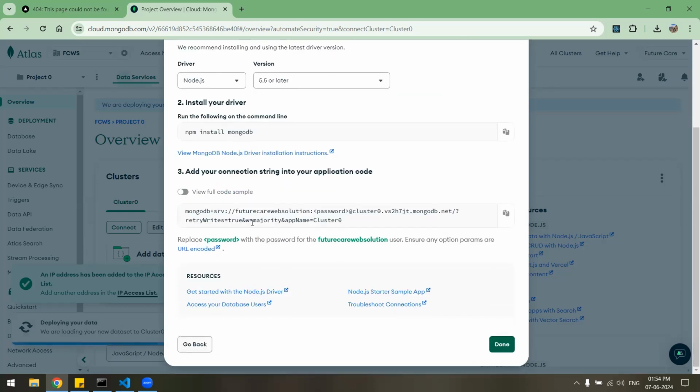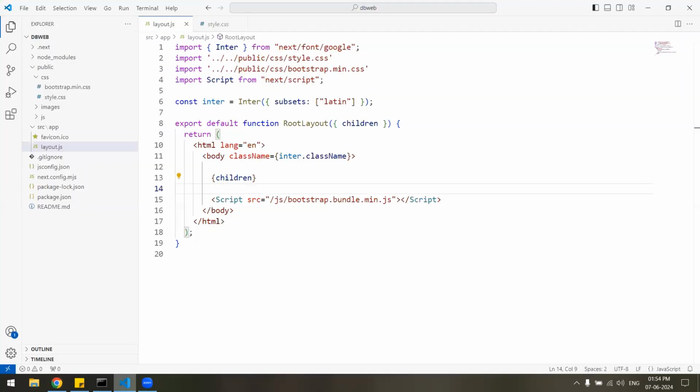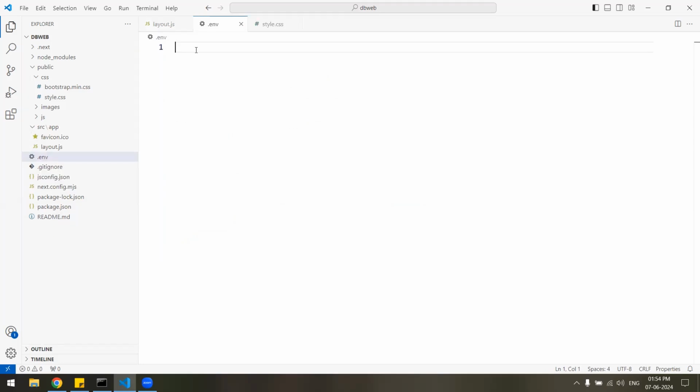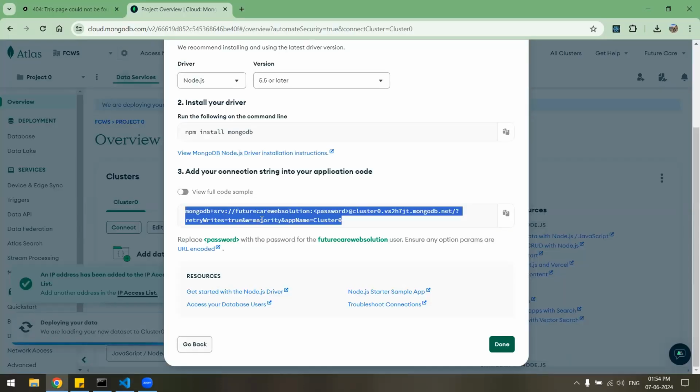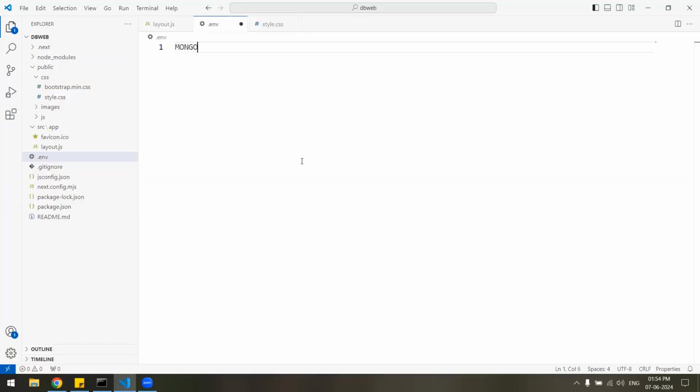Instead, we'll just go ahead and simply copy this URL. We'll copy this URL and we'll go to our Visual Studio, and on the base directory, we will create a file by the name .env.local, or you can just skip it, .env. That's not a problem. And inside .env, we will write this URL. This is a connection URL. So we'll write MONGO_URL equals to